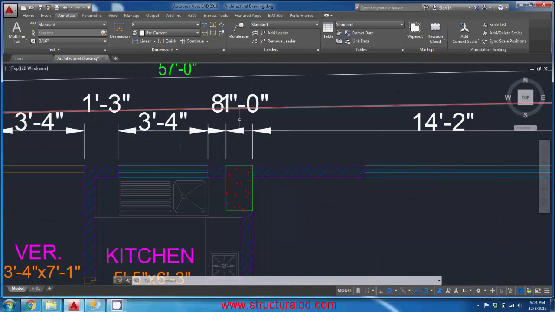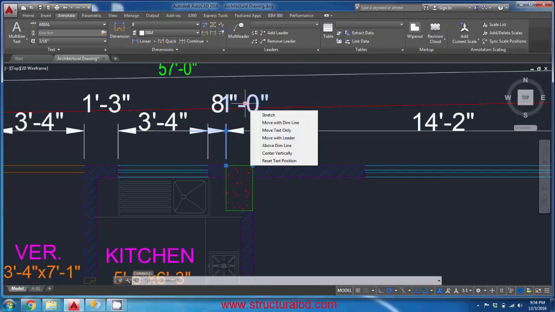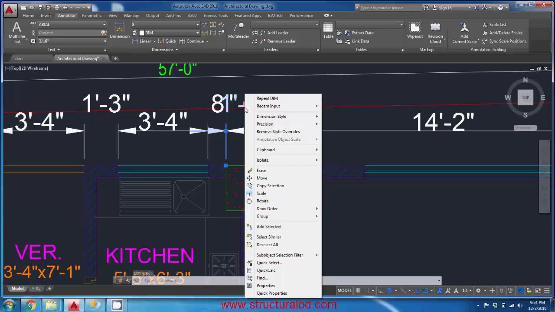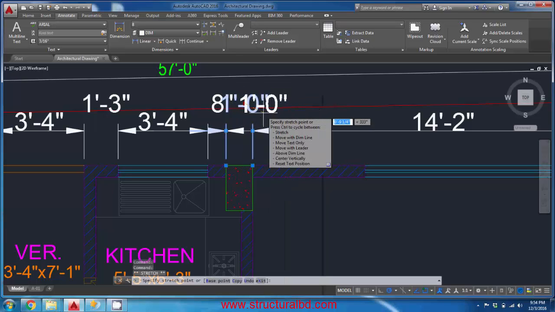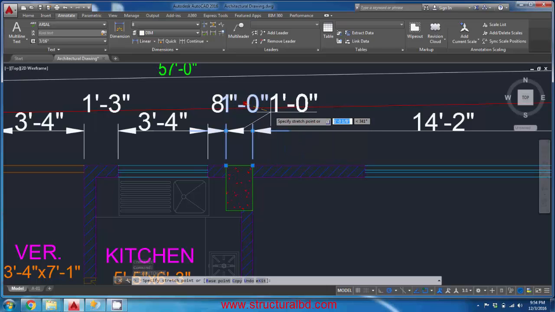You can see that the 1 feet dimension is the width of this column, but it is overlapped with the 8-inch dimension. Select this one and right click on the grip, and you can reposition that by stretching. So if you want here,